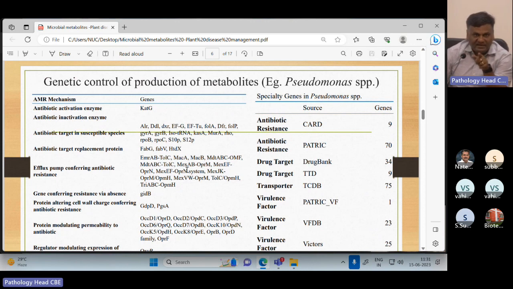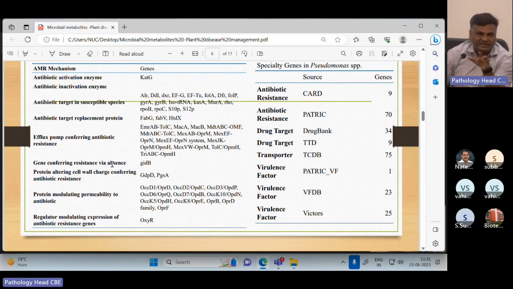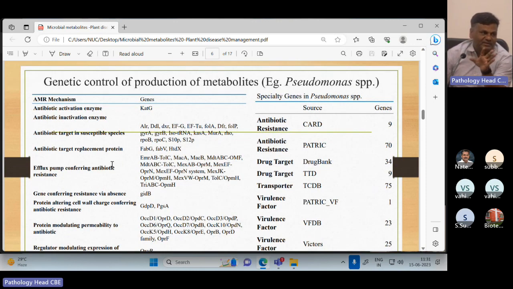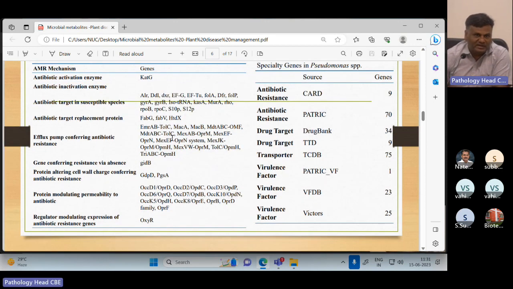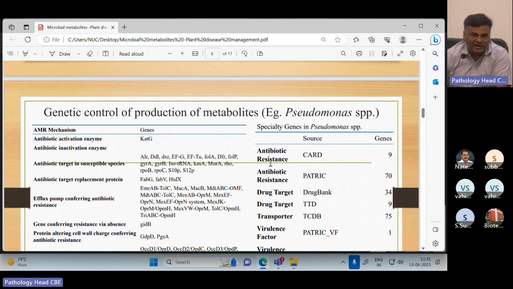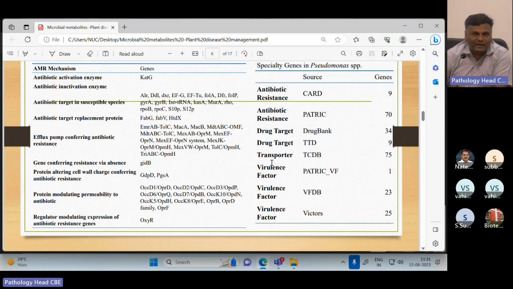So these are the antimicrobial mechanisms present in Pseudomonas putida. Our particular isolate, PIK1, we have isolated and characterized. We have just genotyped it, and we have also done transcriptomics. Of course, many of these works we outsource, or if our bioinformatician has some time, we get it done in our own institute. Otherwise, there are very good companies where you can get these services outsourced. No more do we have to struggle with genotyping.